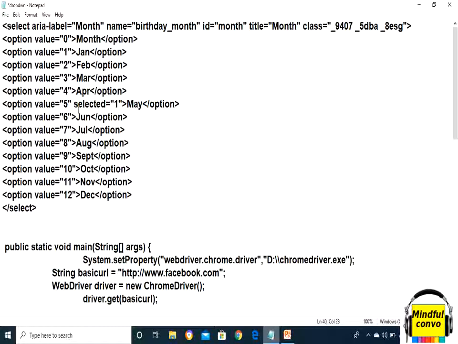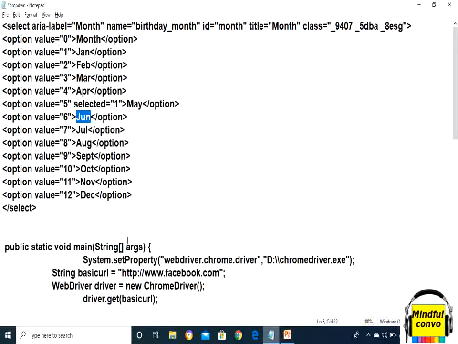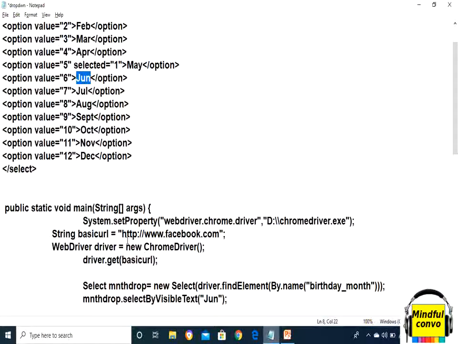Let's say we have to select the June month from the drop down, and here is our drop down. So how can we select this? First of all, we will use System.setProperty, and then we need to find the base URL on which we want to navigate.